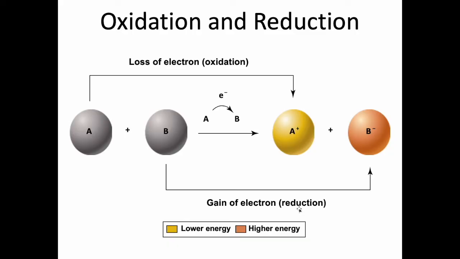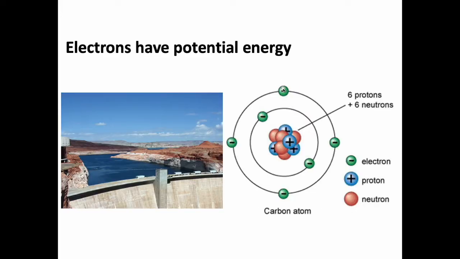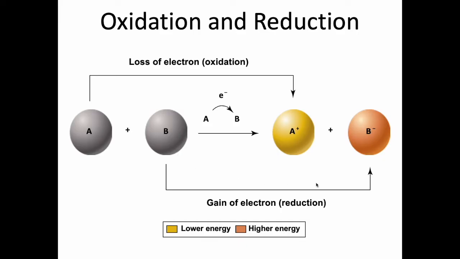This process of gaining an electron and gaining energy is called reduction. And I see how that's confusing, and I do not make up these terms. I just present them. You're gaining electrons, but it's called reduction. You're gaining energy. You're going to a higher energy state, but it's called reduction. The reason why, there is a reason why, is because electrons are negatively charged. So if you are gaining electrons, even if you're gaining energy, your charge is going to become lower. It's going to become more negative. That's why this process is called reduction.